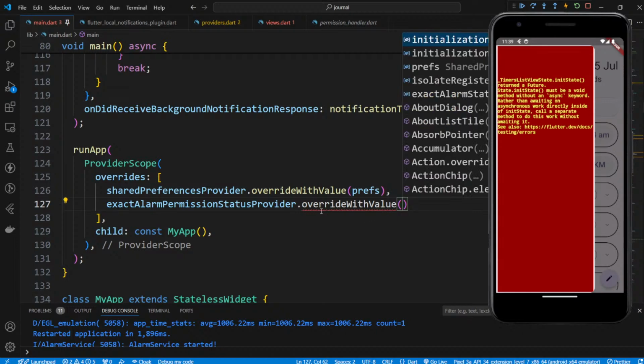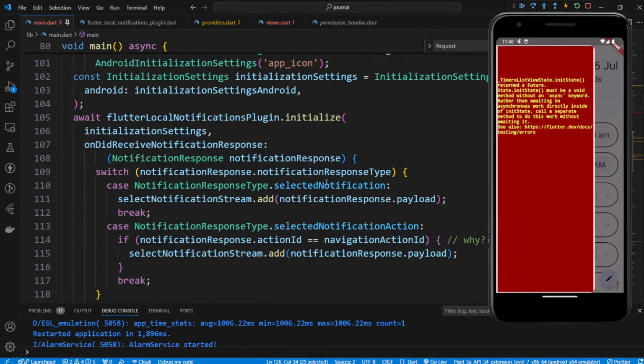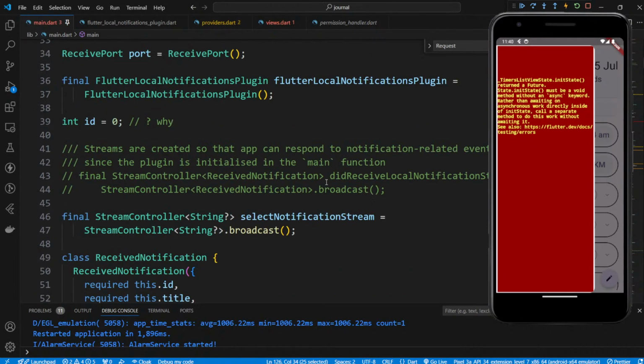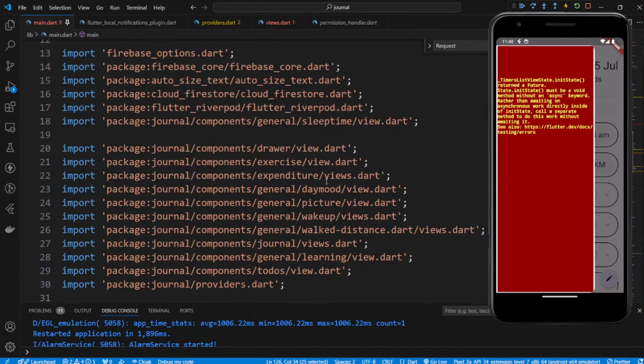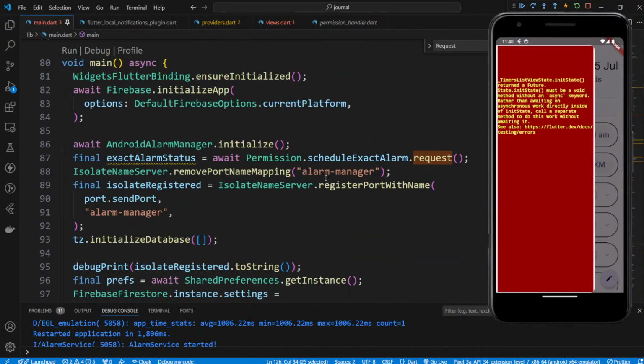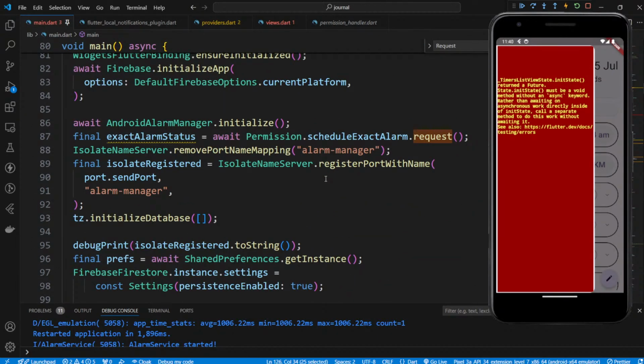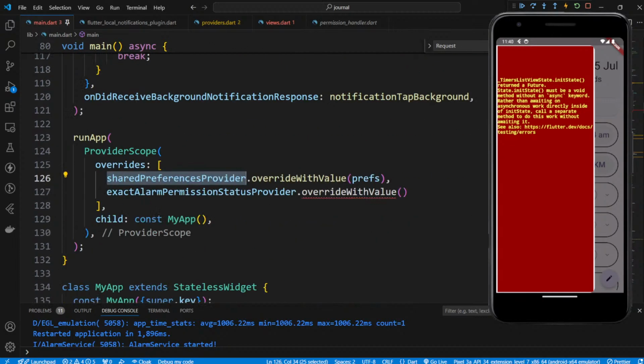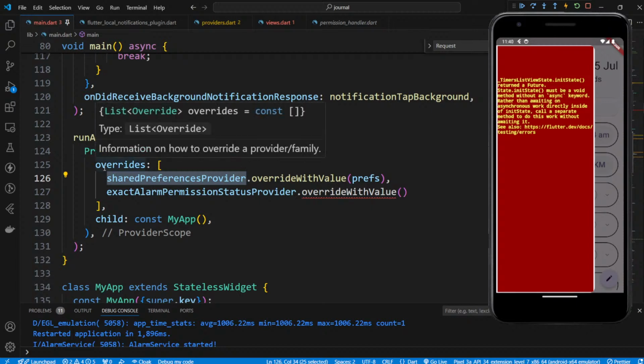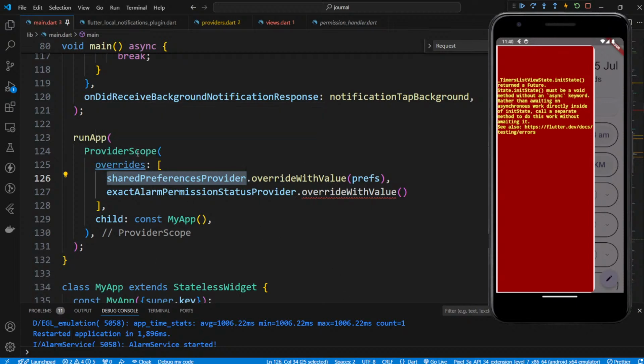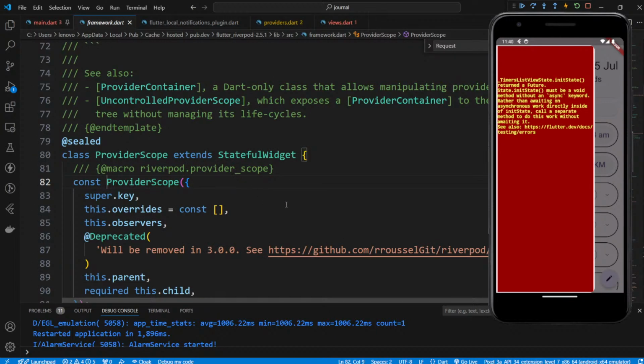So for state we can't do this. For state references we are able to do this. Why is that? It's now provider scope, and